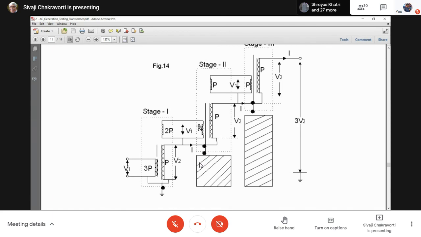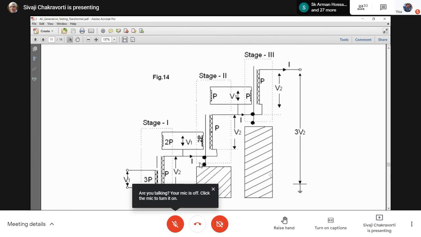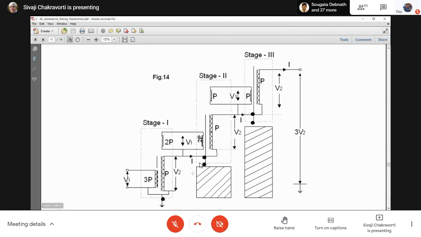But again, I told you that if I order 3 different transformers, all the manufacturing will be different and cost will be higher. So we don't do that. What we do, we order the same transformer. That means in this case, we'll order 3P as the KVA rating. So our voltage rating will be V1 to V2 primary secondary, V1 to V1 primary tertiary, KVA rating 3P straight away. That means as shown in stage 1.